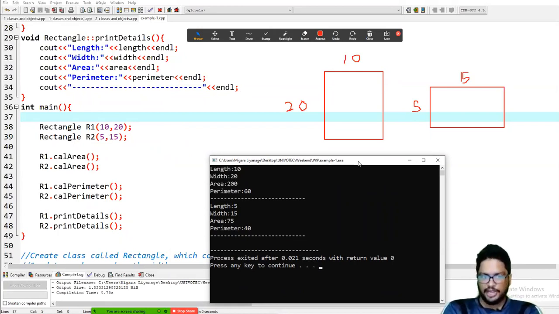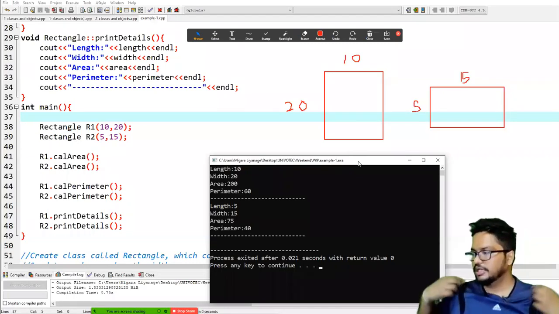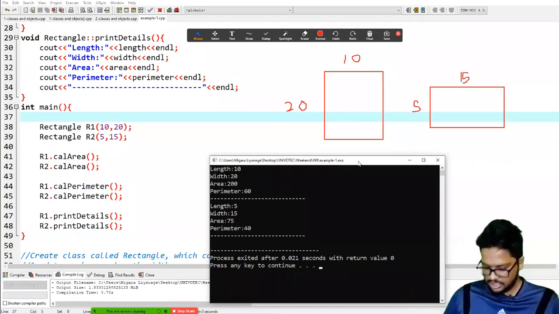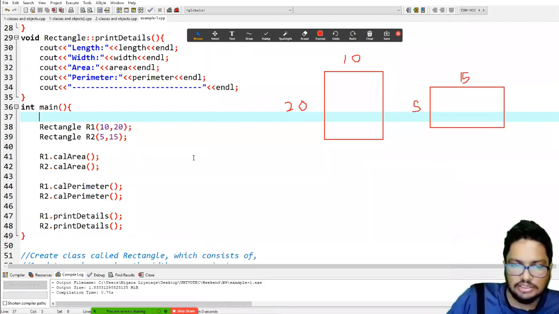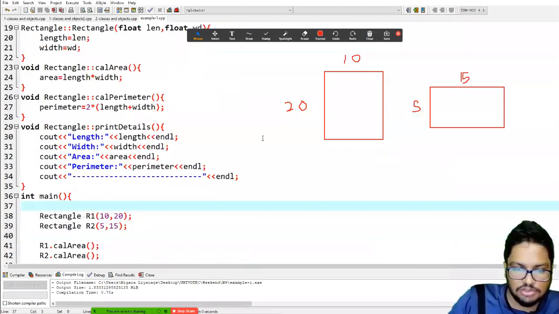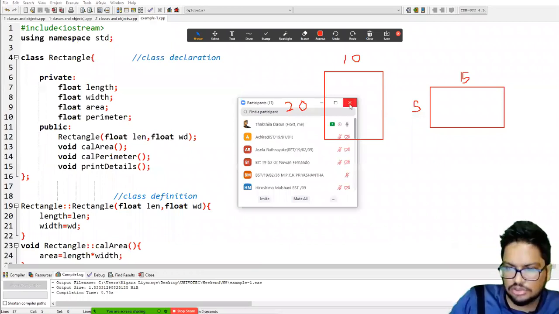So it works fine, right? Understood. So it works fine. Okay, now the other thing. So we explained some sample codes and we implemented them, right? So I hope you understood.